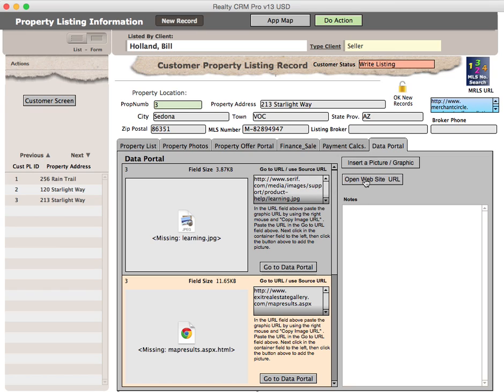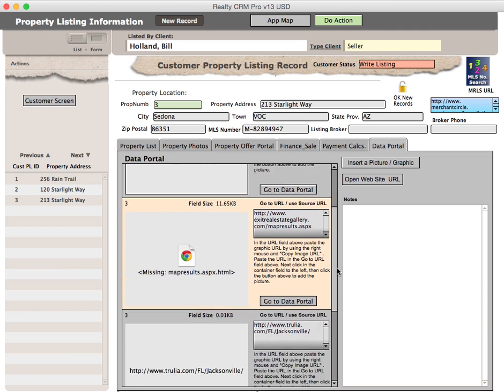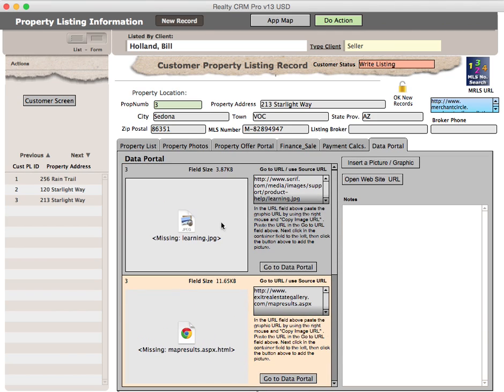In this case, if I wanted to insert a picture, I would click this, pick the picture, and it would be put into the graphics area over here. When I go to the portal, this image would be made large enough that I can actually read it. But this is a portal, so I can have a number of items in here. Say, for example, there's a piece of paper I want an image of. I could take my iPad, get over the top of the piece of paper, to shoot a picture of it,